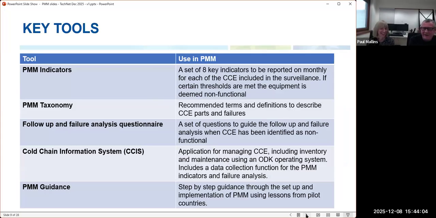Yes, so if at the end of this session, anybody is interested to find out more or hopefully to collaborate with us to implement some PMM in your country with your ministry, we have a toolkit. As well as the application, which you're going to see in detail later in this presentation, we have a whole list of documents to help guide you to support setting up a PMM activity.